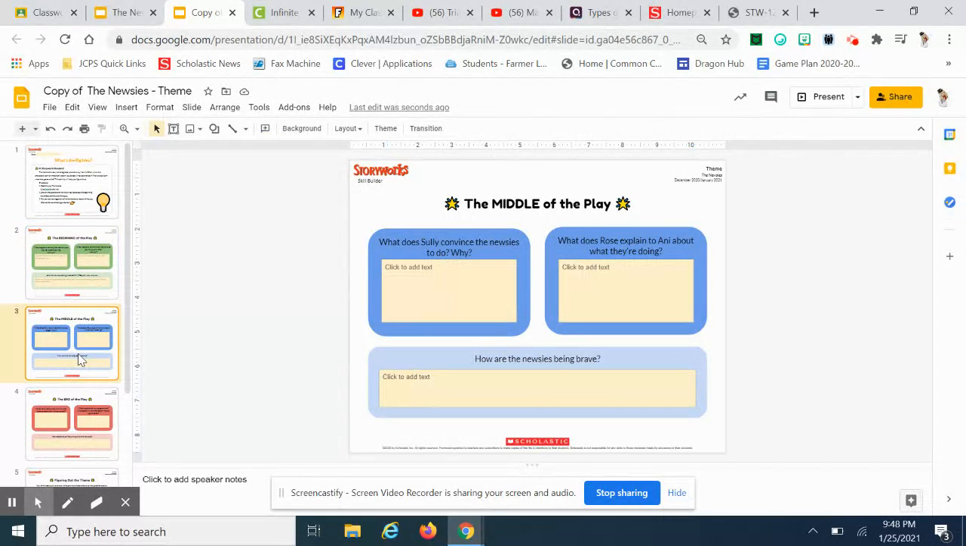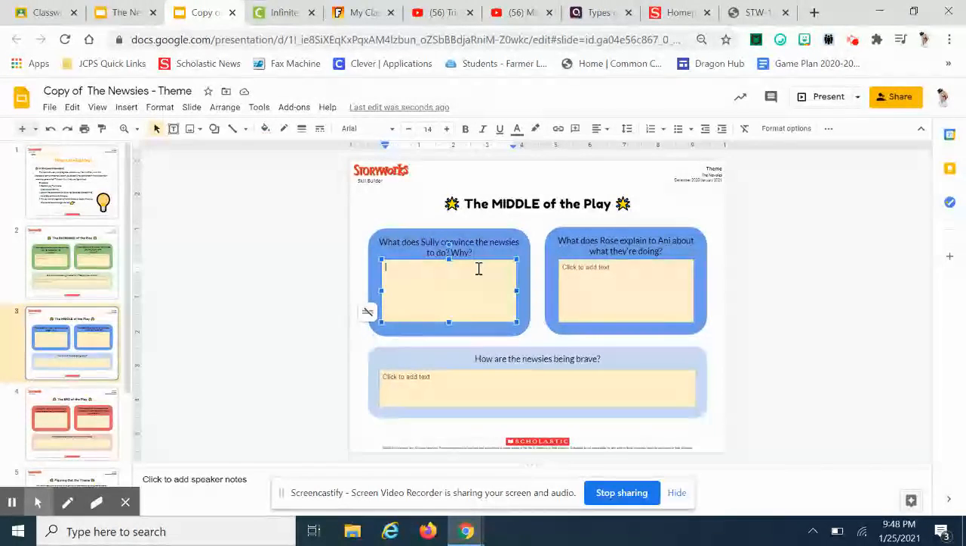In the middle of the play, it says, what does Sully convince the Newsies to do and why? And what does Rose explain to Annie about what they're doing? And how are the Newsies being brave? So let's click in this first box. What does Sully convince the Newsies to do and why? So this is the part where Sully convinces them to go on strike. So that's going to be the first question. Sully convinces them to go on strike